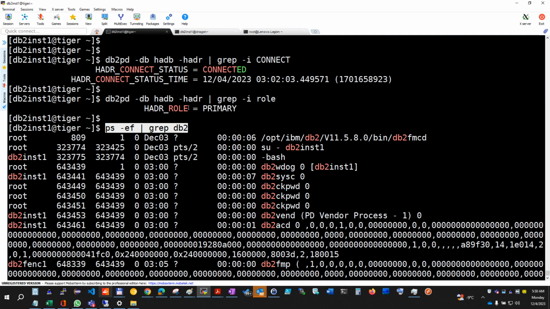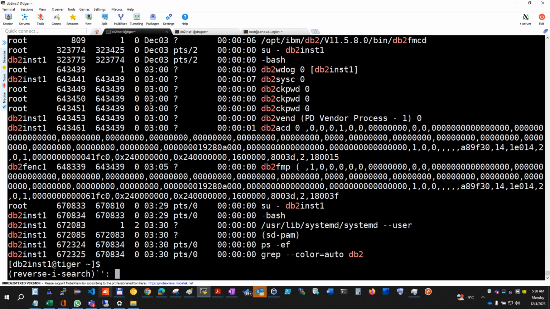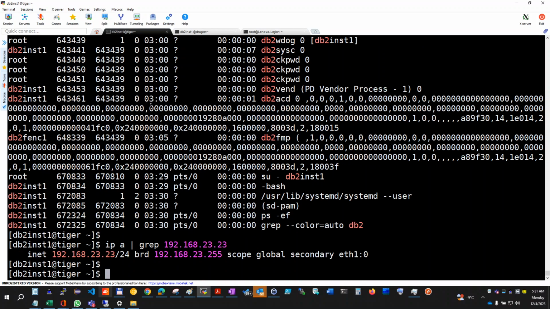So the primary role is on node 2, and also to check the VIP status. As you can see, the VIP in my configuration